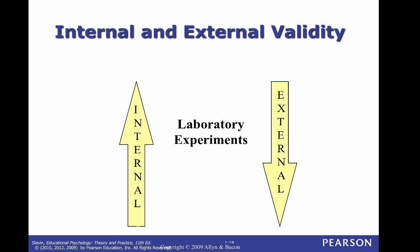But you can't say that about all rats outside, because there might be something in nature, they eat something else, or somebody else has more exercise or something like that, that confounds that finding. So you can't really